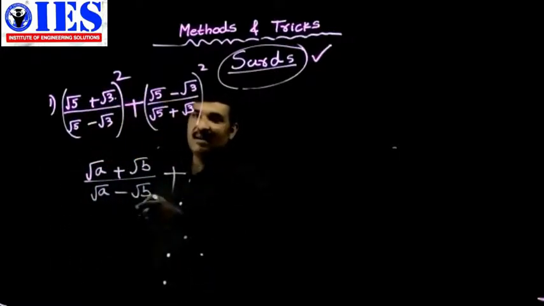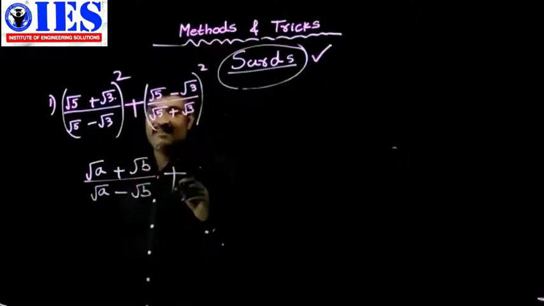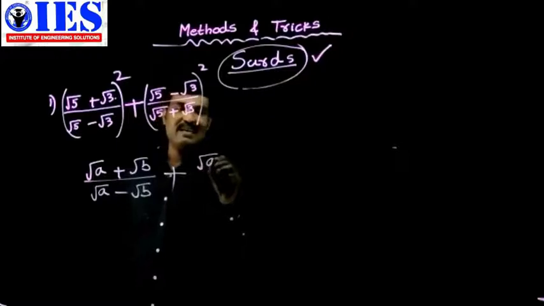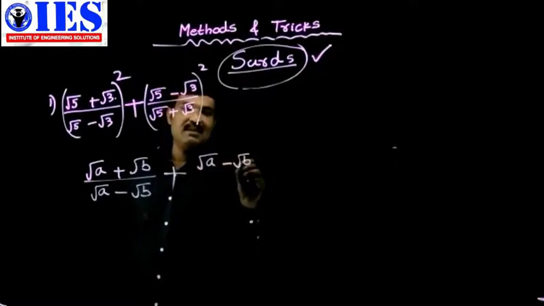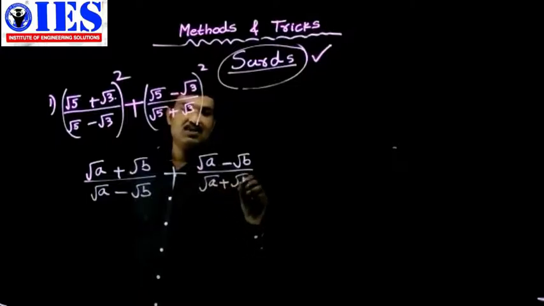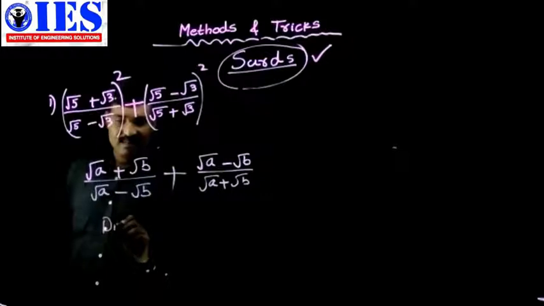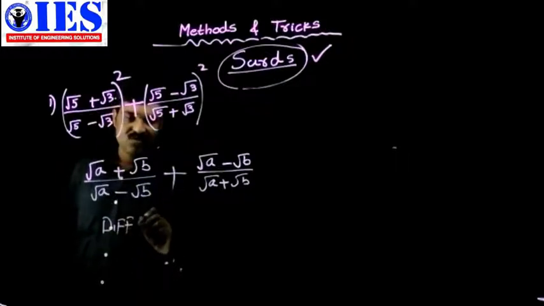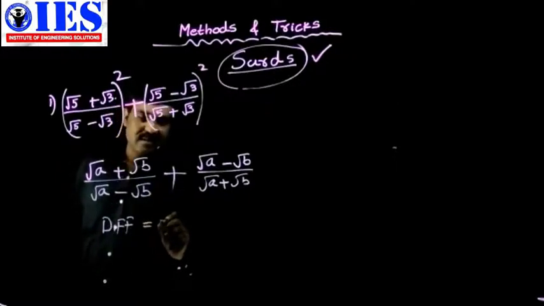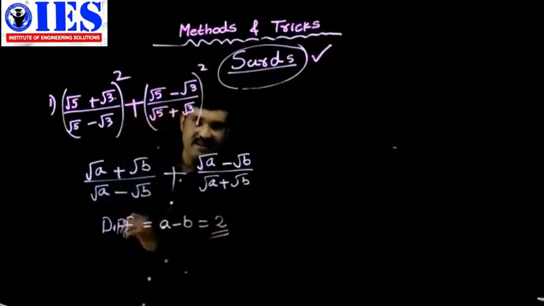Then this term is the reciprocal of this factor, so it is root a minus root b divided by root a plus root b. Now we should find the difference, the difference of a and b, that is a minus b. If this is equal to 2,